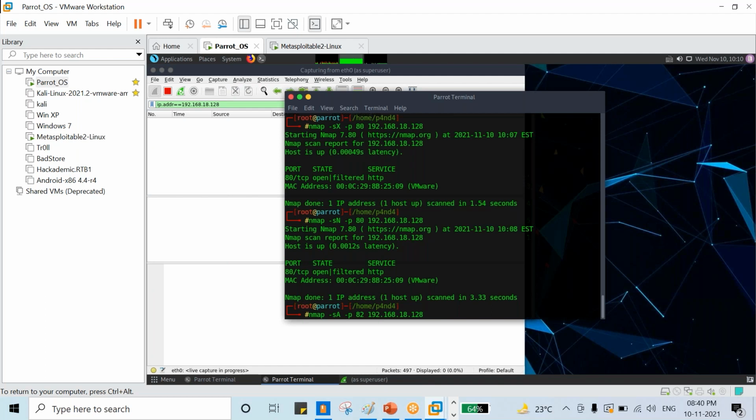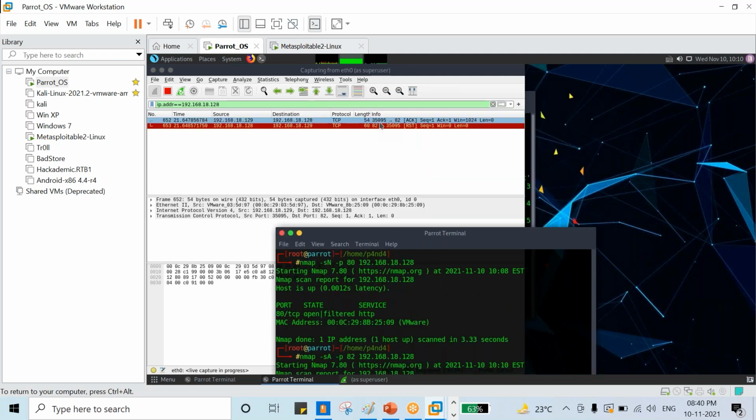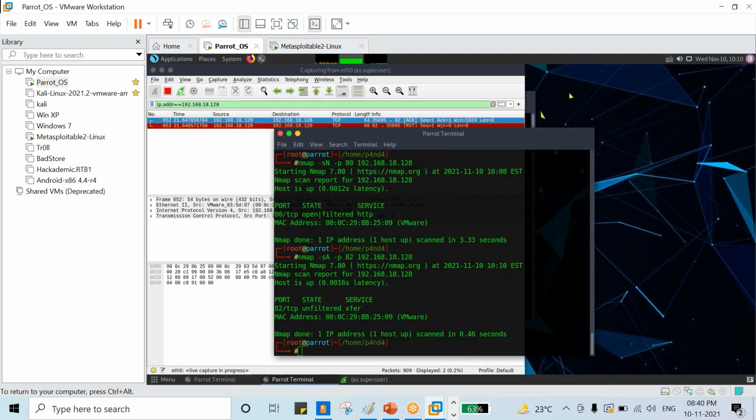In the closed port scenario, what will happen? If you do any scan on the closed port, you will get reset, right? We have sent an acknowledgement. What did you get over here? Reset, right? It means the port is open. Sorry, the port is closed.